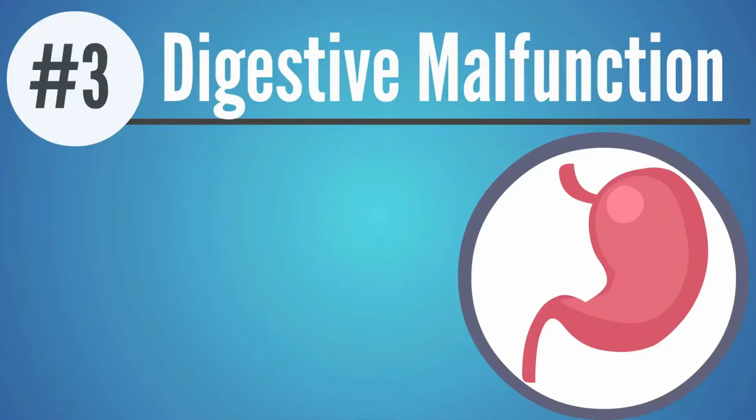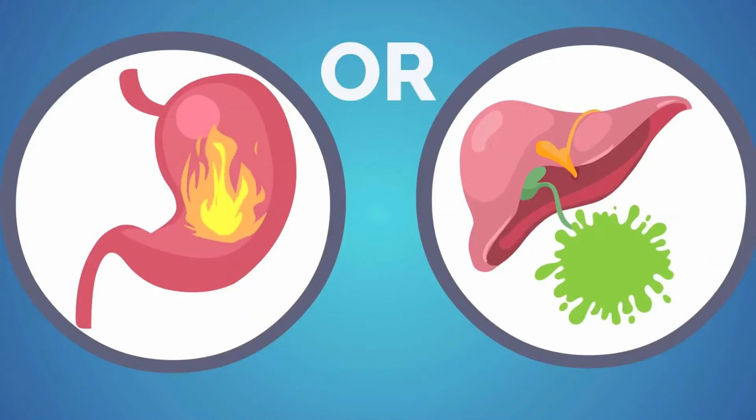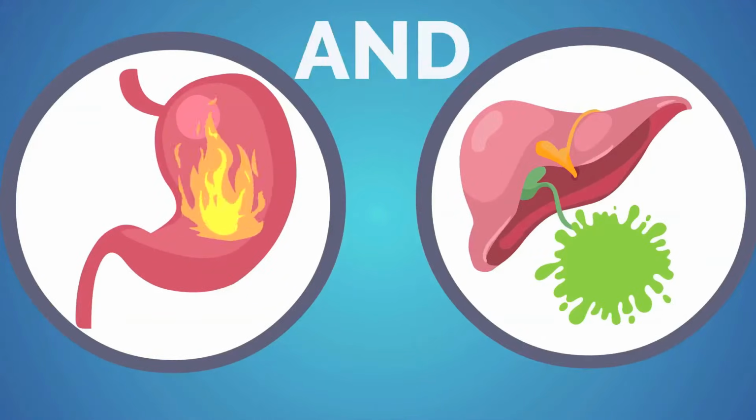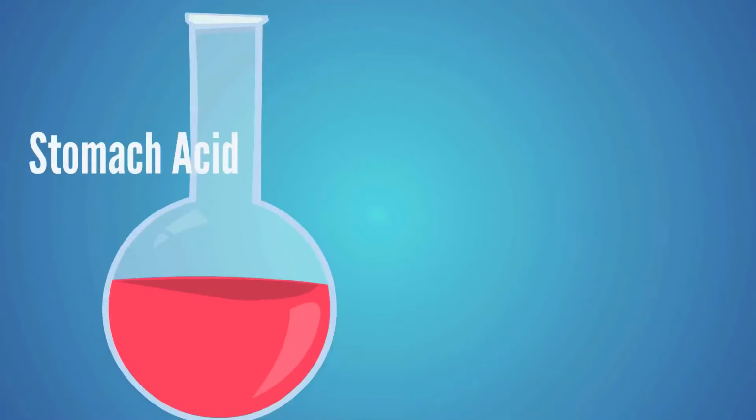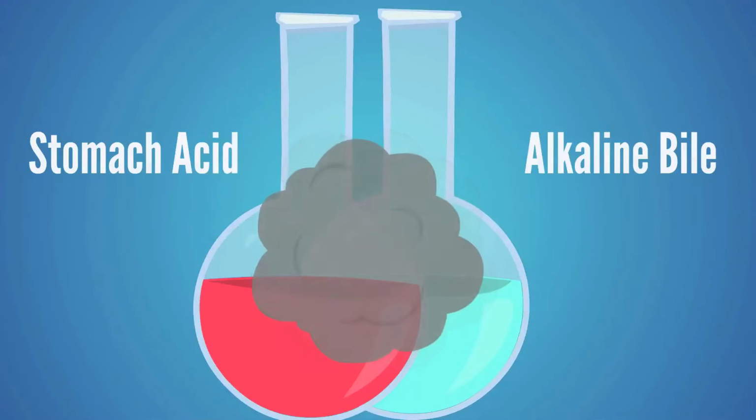Now, the third issue that can cause loss of appetite is basically digestive malfunction. So a person might be having poor stomach acid or a lack of bile flow, or it can be a combination of both, and that's really common. And if it's the combination of both, that can really be problematic, because remember, it's that acid product leaving the stomach, meeting the alkaline bile from the gallbladder, that creates that sizzle. And the sizzle is really what we're living on. That's what helps us bust the food apart and get all those nutrients out.